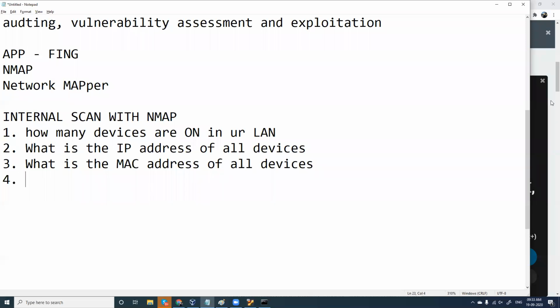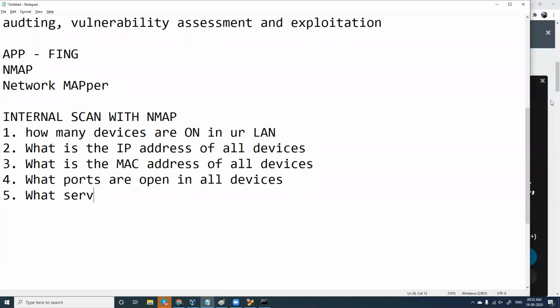And you will also see what ports are open in all devices, and what kind of services are running. You will get a lot of details like this. So how can we proceed with that? I'll first show you how this tool works.